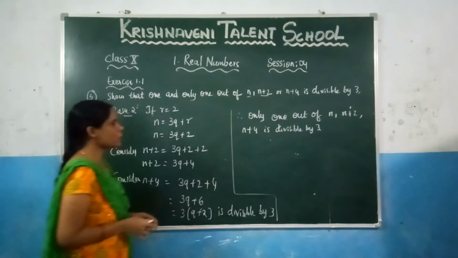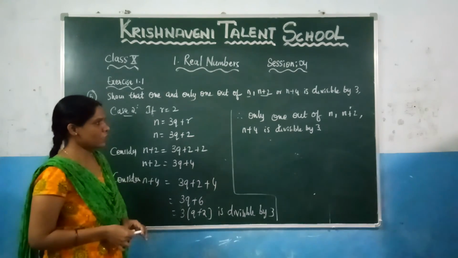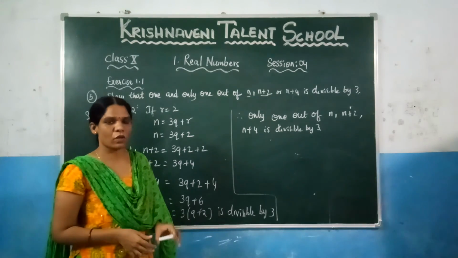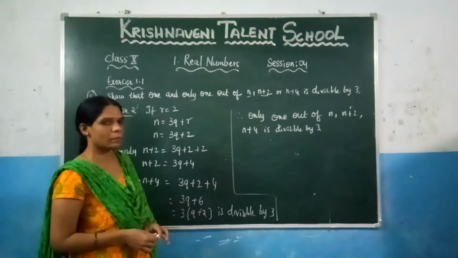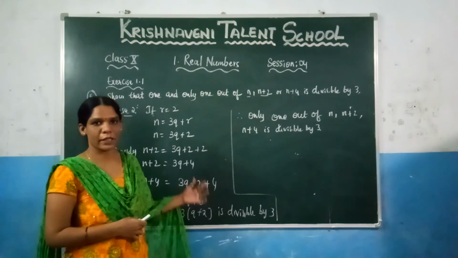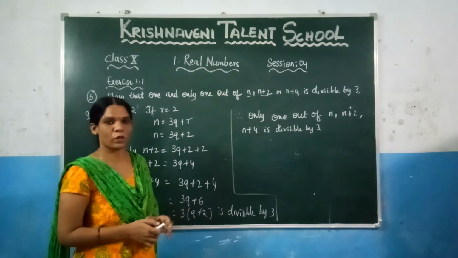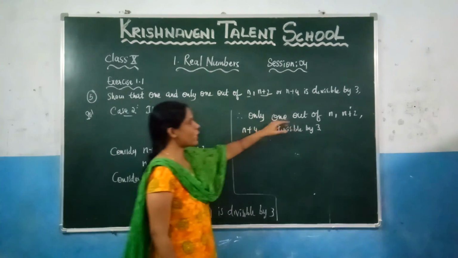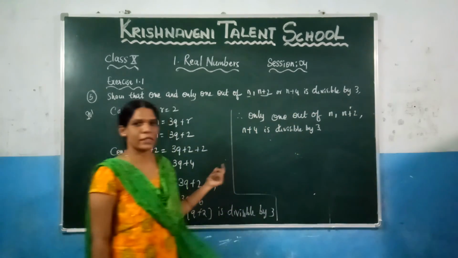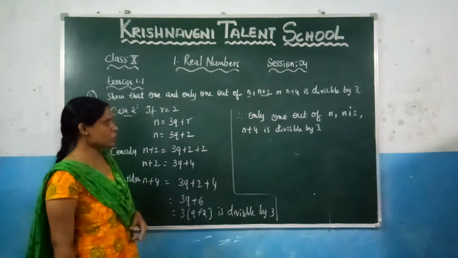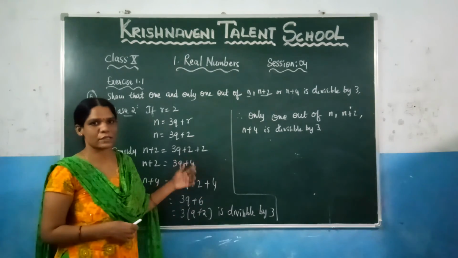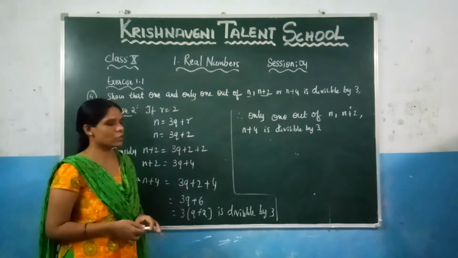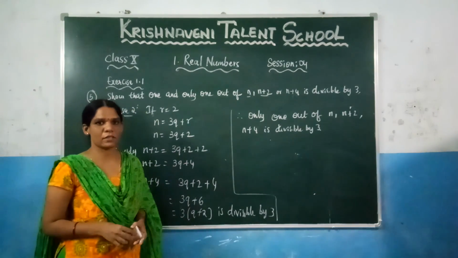Okay. So what is the problem they have given here? They have given here, by using the Euclid division lemma, you need to show that only 1 out of n, n plus 2, n plus 4 is divisible by 3. For that reason, since we need to apply the Euclid division lemma, you need to know about the two integers. Let us consider n is the one integer, and we have chosen the value of b as 3. So by Euclid division lemma, you got one equation. Based on that, you got 3 cases, and based on these 3 cases, we have proved that only 1 out of n, n plus 2, n plus 4 is divisible by 3. And in the next session, we are going to discuss